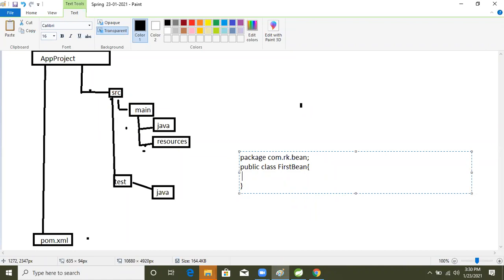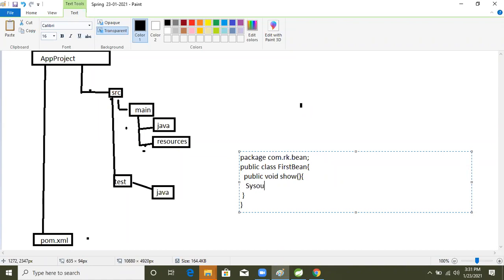See boss, this is core Java code only. In it I'm writing one method, public, with no return type, called show, which will show one message. Now in that I'm writing System.out.println, a normal one. I'm still not giving any logic. You people need to get habituated, and once you do, you will have the capacity to write big logic.